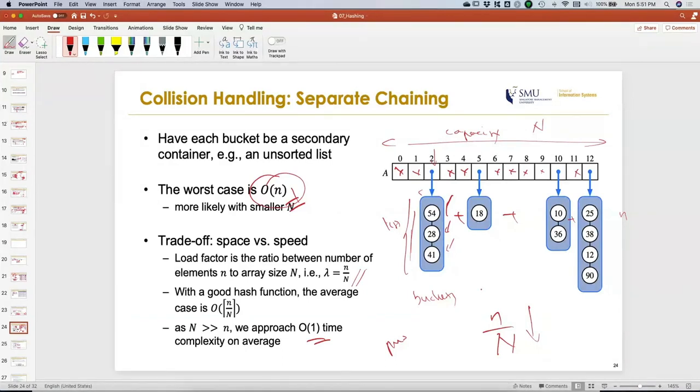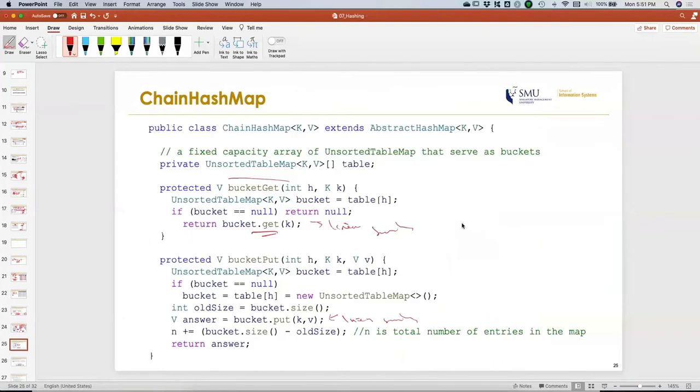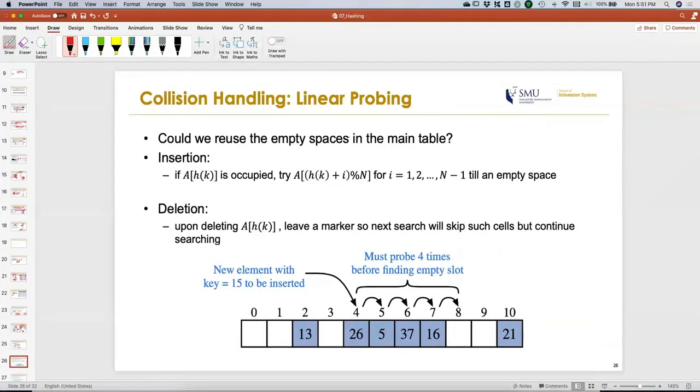Because remember, with an array, you allocate the space beforehand. So all these things are already pre-committed. The buckets are not yet. You only commit them when you need to. So having committed all these empty spaces in the array, I still have to waste them because I'm not going to fill them up. So based on that idea, a different type of collision handling is what we call